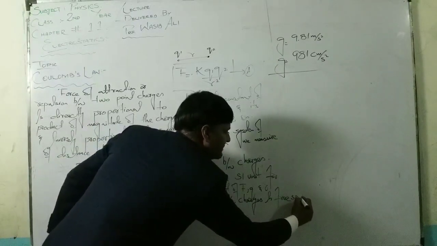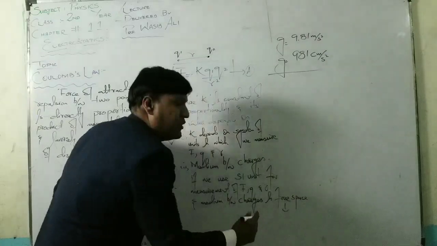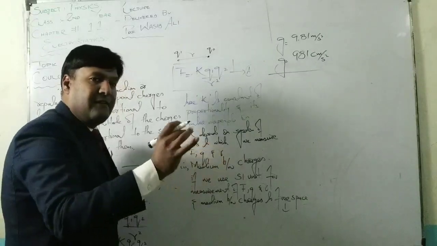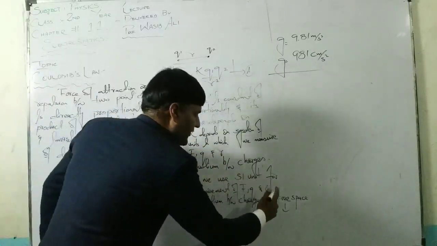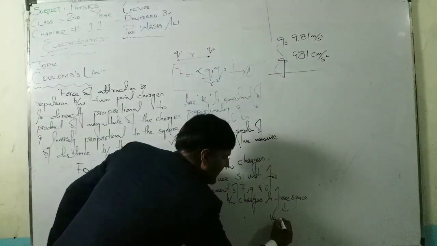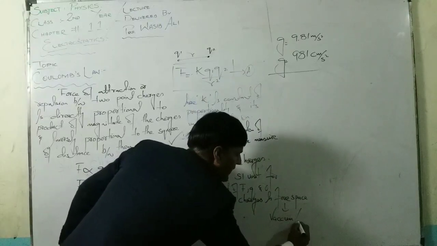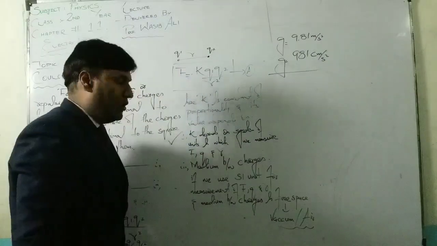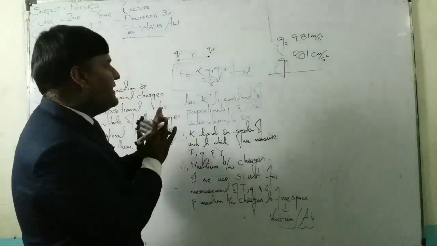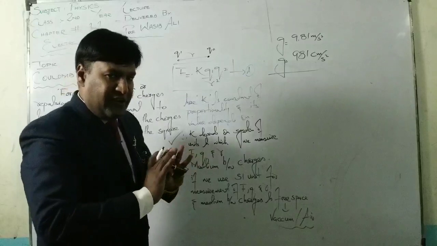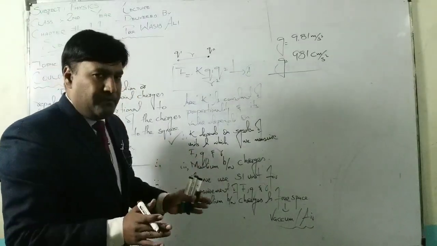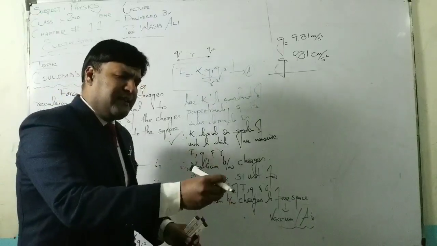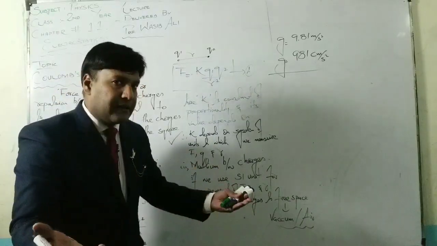What does free space mean? Free space means the medium between the charges is either vacuum or air, not a big difference between them. So if the medium is free space, meaning vacuum, nothing is present, no material medium between the charges, or you can say the medium is air,